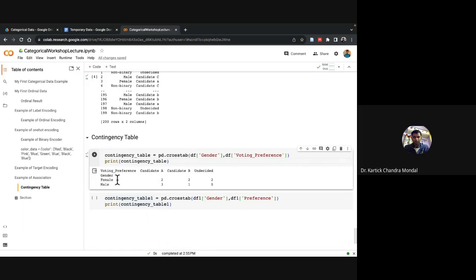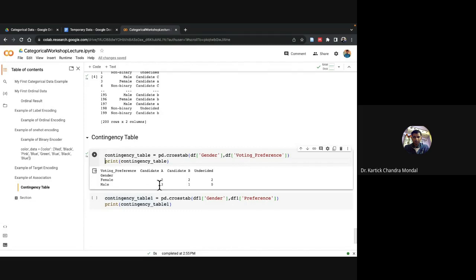It says that the number of votes candidate A got is 5, the number of votes candidate B got is 3, and undecided is 2. So a total out of 10: 2 are undecided, 3 go for candidate B, 5 go for candidate A. And out of the 5